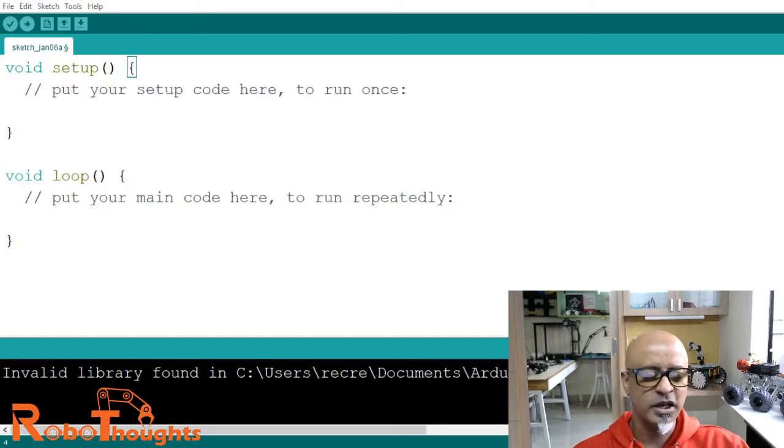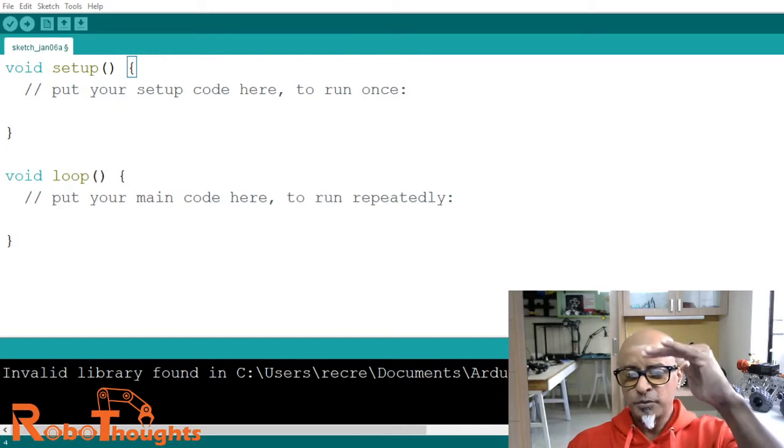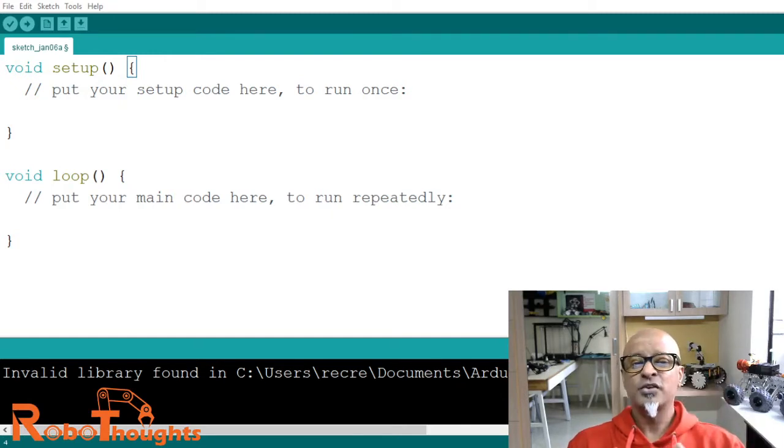Alright guys, now let me just give you some background about what this particular sketch looks like. So in Arduino, we look at the basic structure of an Arduino sketch from top to bottom execution of the program, or you can call it instructions. It's a set of instructions, okay, or you can call it program flow. All right, from top to bottom, that is how the flow works, okay.